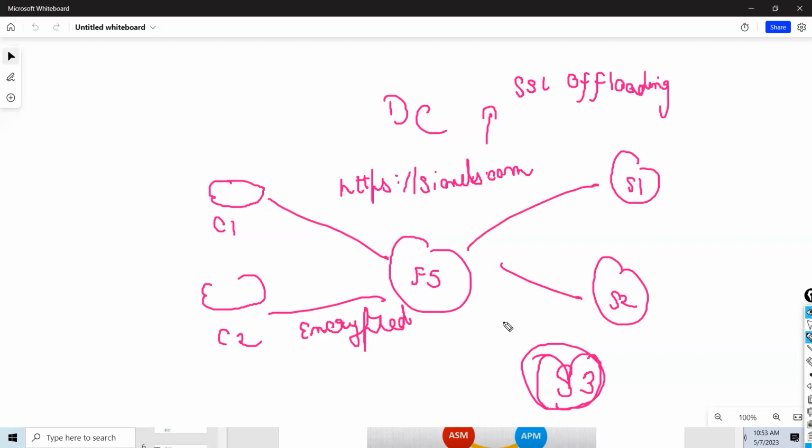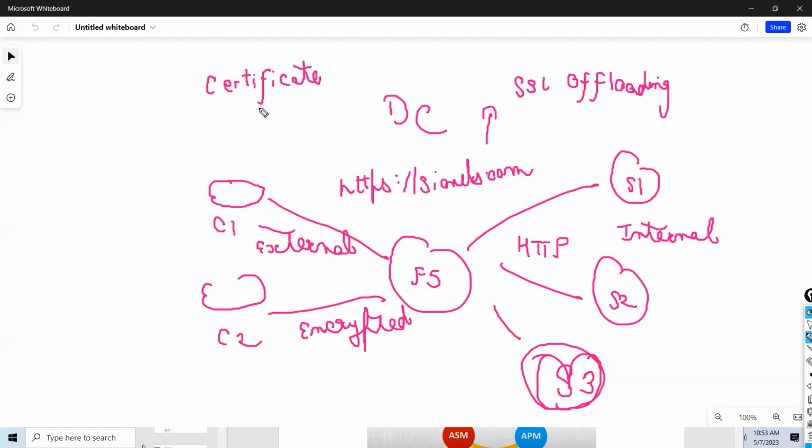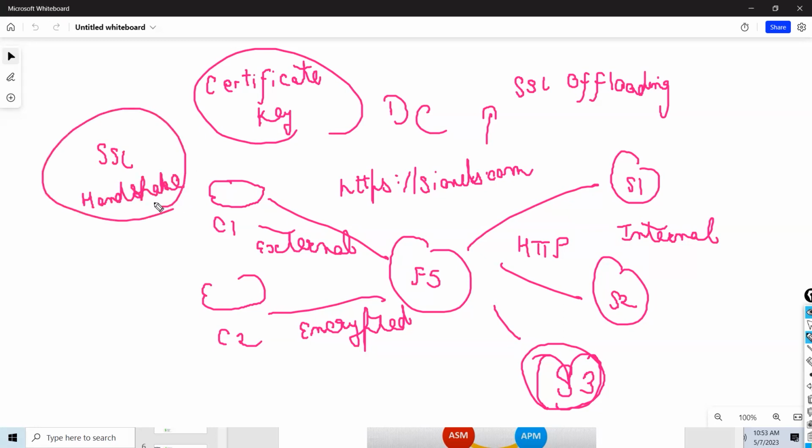This side can be unencrypted, that's fine, because this is internal traffic. My main thing is I want to protect external traffic. So in that case, I will have a certificate, I will have a key, and I will do an SSL handshake between client and F5. And why is this traffic encrypted, guys? Why do I want my traffic to be encrypted?